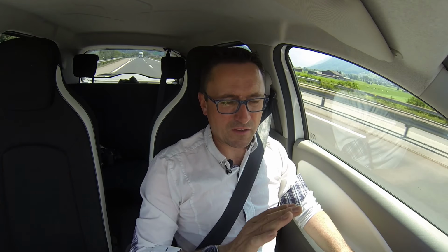And this car here has particularly been battered during the time. If you watch my older videos, you can see all of it. We have been to Samedan in the Swiss Alps at -20 degrees, and we have driven all the way down to Spain, to Barcelona, where it was about 40 degrees. So that's a difference of 60 degrees Celsius, which is not good for the battery, I have to say. Normally the battery wants to operate in an ideal temperature of about 20 degrees. That's the best climate for the battery anyway. But we have done everything we could with this car, just to show you